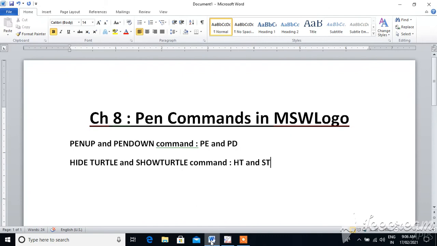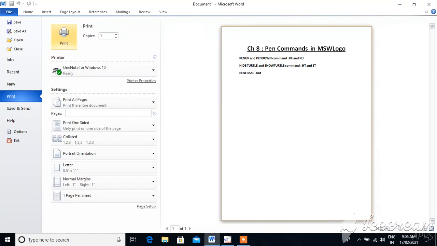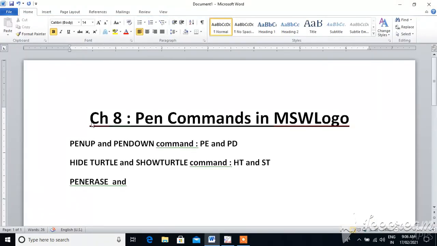Then third, we learned the pen erase and pen paint commands.